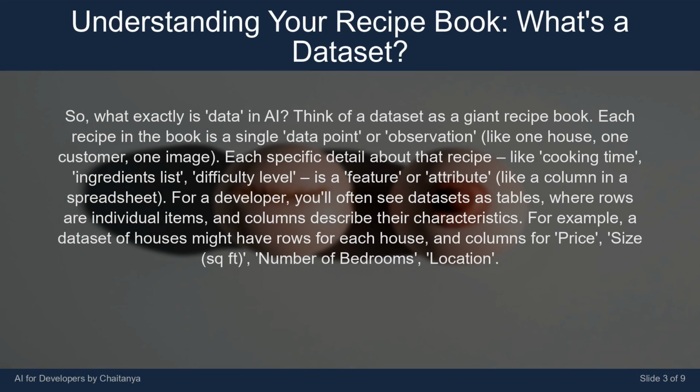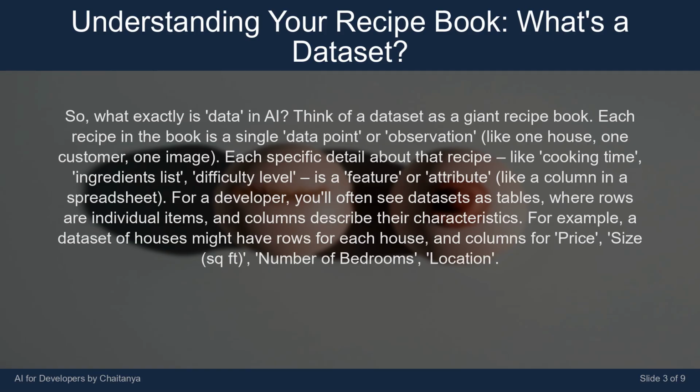So, what exactly is data in AI? Think of a dataset as a giant recipe book. Each recipe in the book is a single data point or observation, like one house, one customer, one image. Each specific detail about that recipe, like cooking time, ingredients list, difficulty level, is a feature or attribute, like a